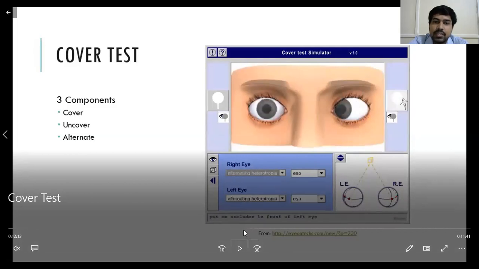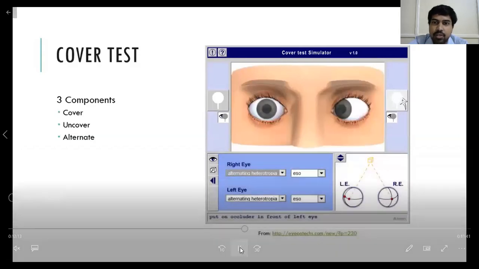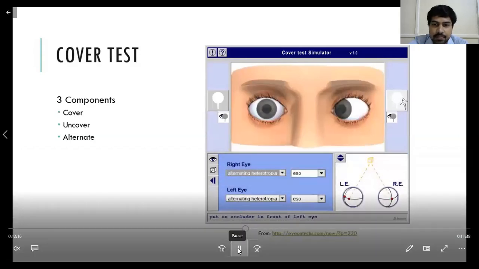Normally this is the condition. Here what we are thinking is, the right eye is normal and the left eye is abnormal. On seeing the patient, we think his right eye is normal and left eye is abnormal. Okay, that is what we see. So that is what we come to know from this particular position. So now what do we do to test for this?